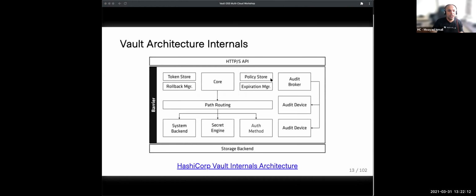Just wanted to cover the high-level architecture of Vault, the internals. Just wanted to highlight one thing. So there's the Vault Core, and because it's a pluggable system, as you can see, the secret engines, you can create your own secret engines, right? And there's a lot of examples, and we have in our Learn guides how you can create your own secret engine that will interact with your internal systems. Authentication methods are also pluggable. So as you can see, it's a very pluggable architecture.